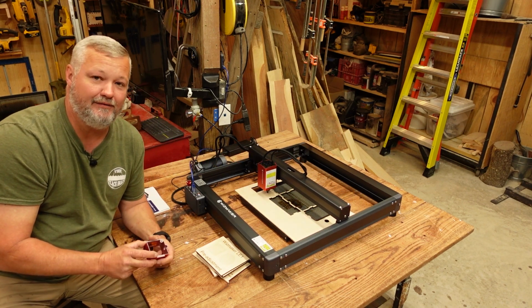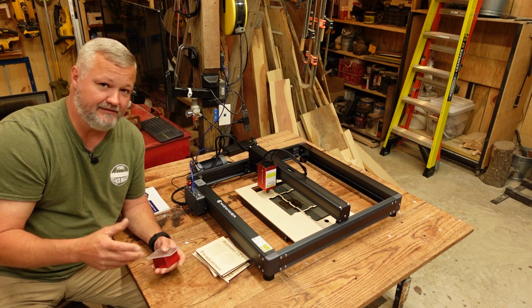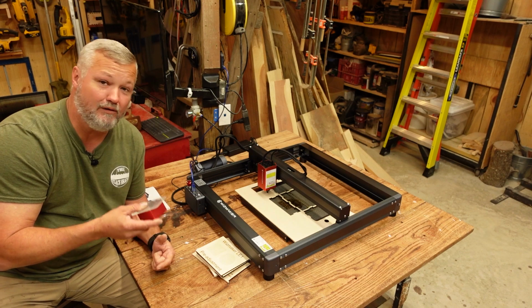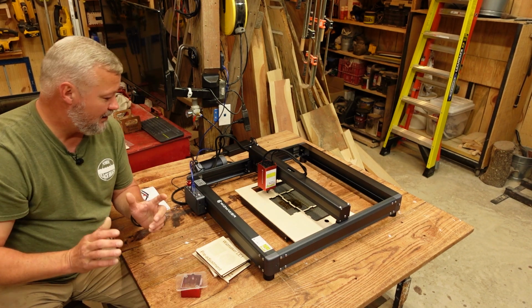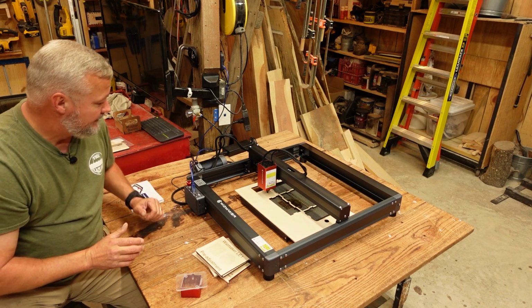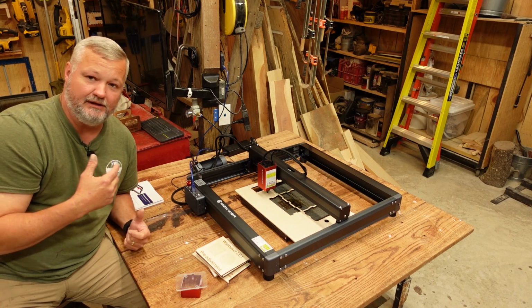So if you do take it off, there will be some user input needed, but stick around toward the end of the video and we'll go over what I did to overcome an issue that I created by taking the cover off. So first things first, guys, this machine is a 24 watt diode laser, very similar to most of the other lasers in my shop,